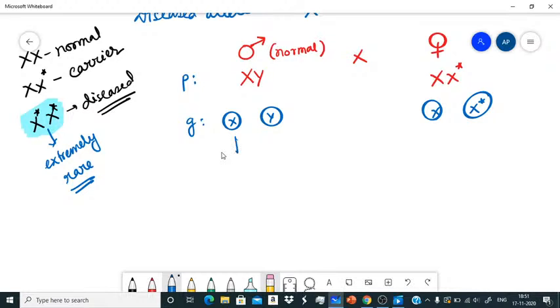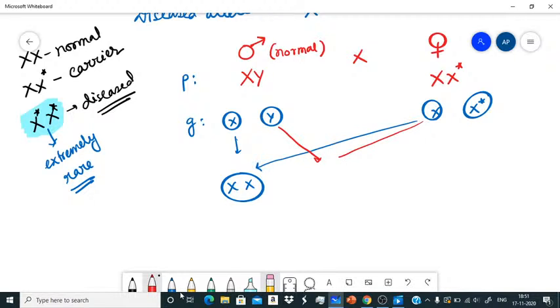Let's see. If these two meet each other, capital X, normal individual. Now if these two meet each other, then capital X, capital Y, normal individual. Now then if these two meet each other,